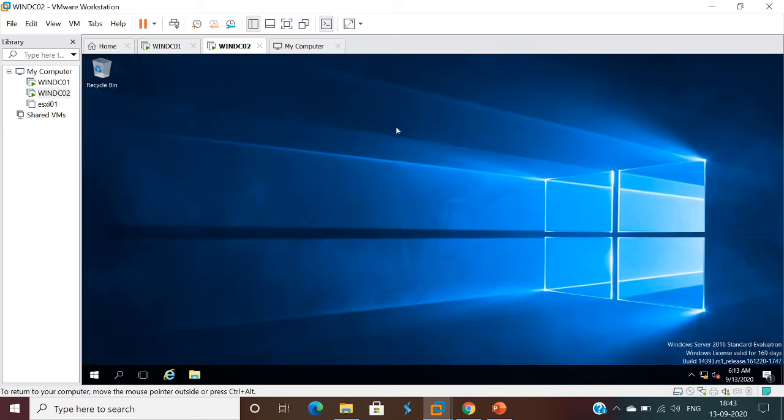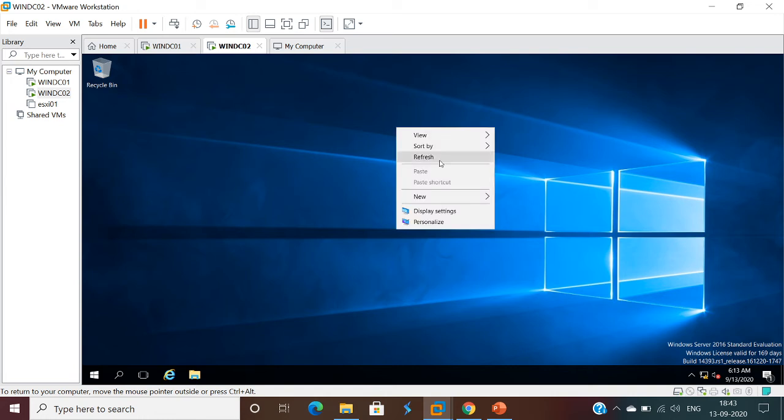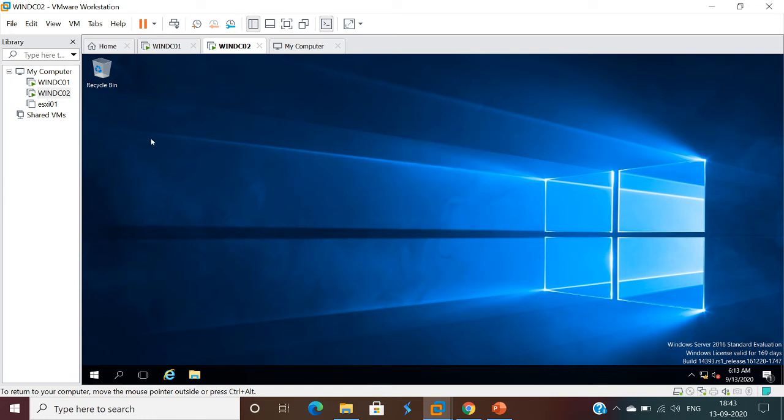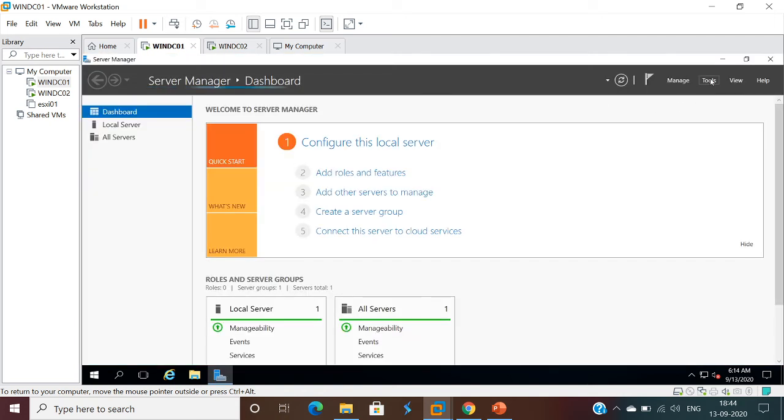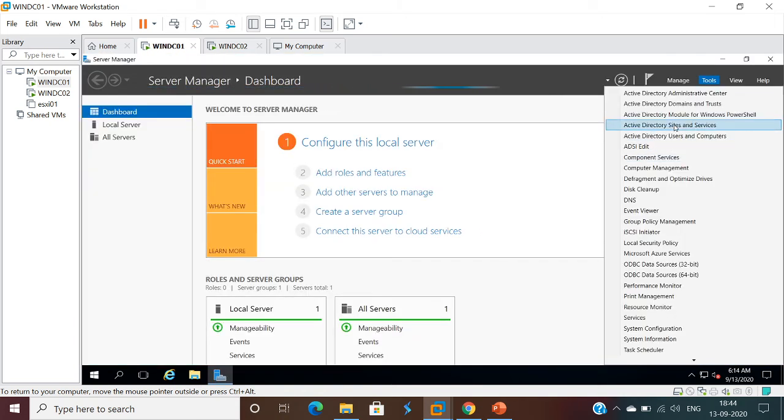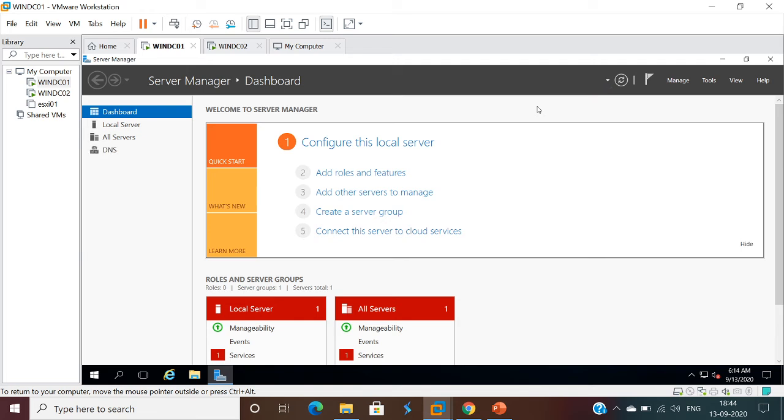Now we'll test the replication between DC01 and DC02. In order to do that, go to DC01 and open Server Manager. Go to Tools, open Active Directory Sites and Services.